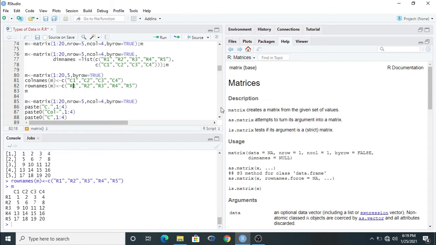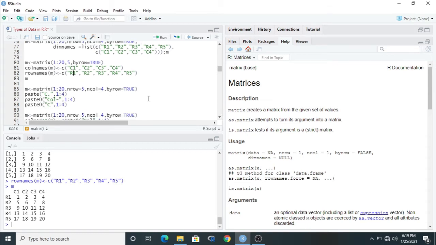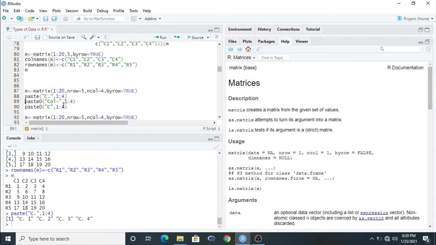Clear? So this is the matrix formation. Then inside the matrix formation, we want to check another function which is known as paste. Actually, the paste function works to combine characters or numbers. Okay, this is the simple thing. The paste function is used to combine characters or numbers. Suppose I am writing here paste, and first one is my character C dot, and second one is 1:4. It means C.1, C.2, C.3 up to 4 elements it will run. Okay, just run this. It will show C1 to C4.